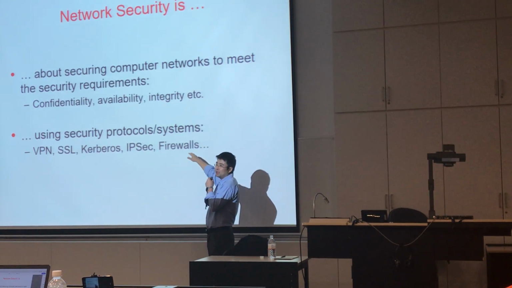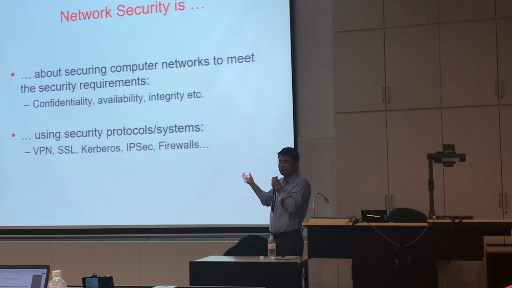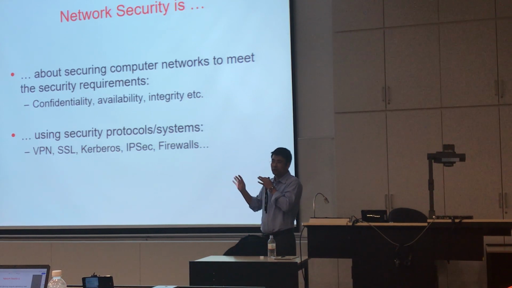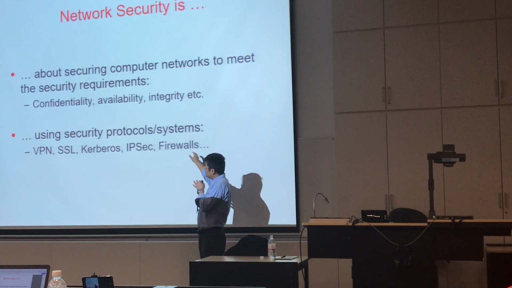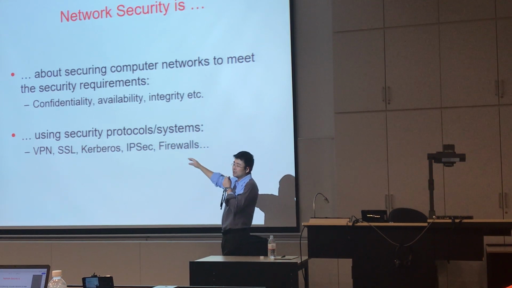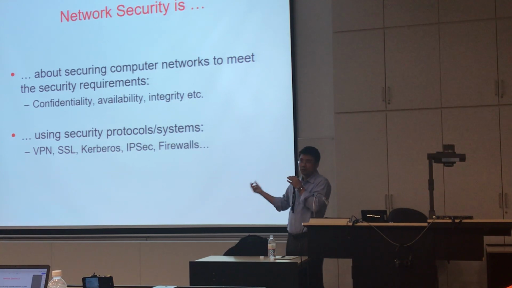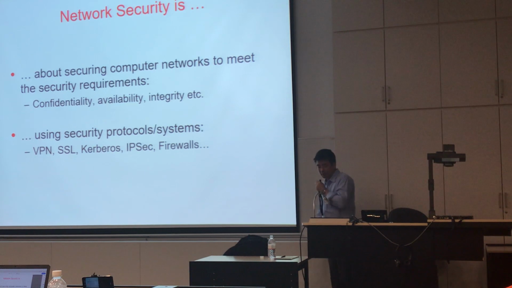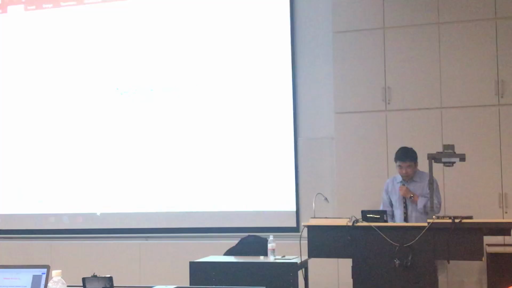Firewall is actually studied in 262. Firewall is an important component in network security, but we don't put it here because firewall technique is not very related to cryptography techniques. Firewall is quite different from other protocols, because for other protocols we use cryptographic tools, while a firewall can be done without cryptographic tools. So that's why we put it in 262 instead of 368. All right, so that's a very brief introduction about the subject.